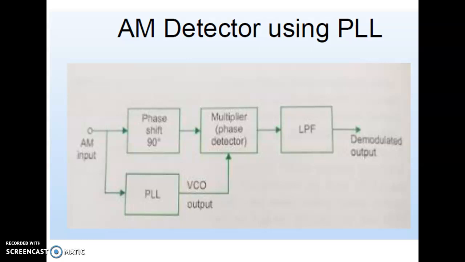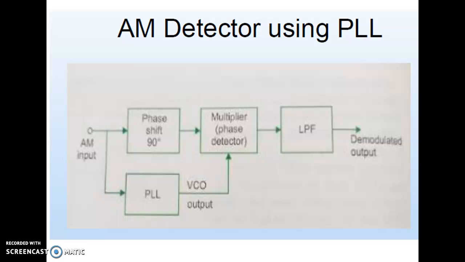When the voltage control oscillator output is locked with the AM signal perfectly, the phase shift between the two is 90 degrees. In order to nullify this phase shift, the AM signal is phase shifted by 90 degrees. This will bring both the inputs to the phase detector in phase. The phase detector circuit is basically a multiplier which will produce both sum and difference components of frequencies at its